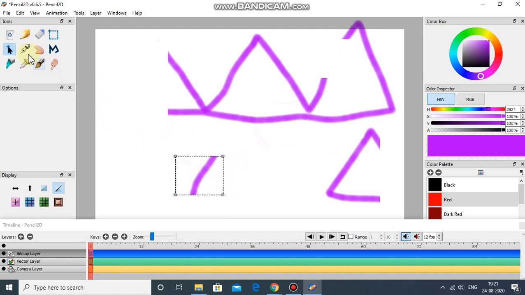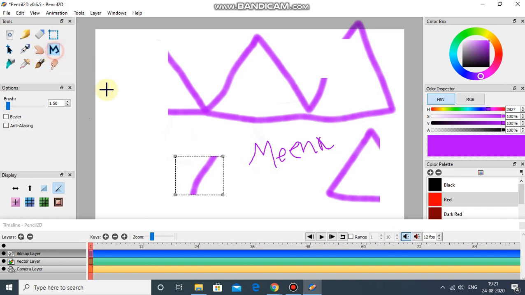Now next tool is pen tool. So pen tool is also a free hand drawing tool like your pencil tool. So just click on it and you can write your name. Let's say I'm writing my name, and then you can write your name, class and section also, 7C, 7D, AB, whatever. And then we'll discuss this hand tool later.